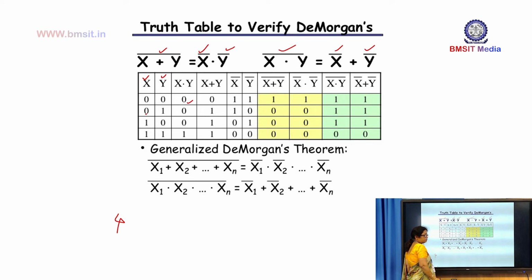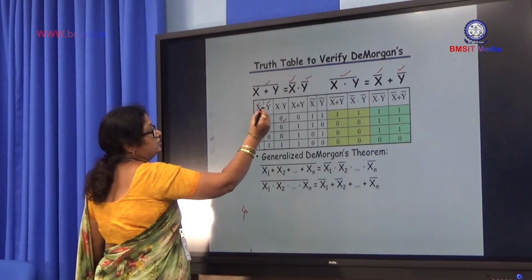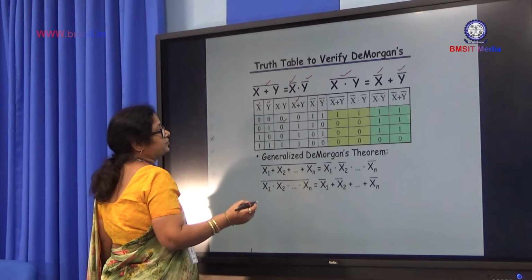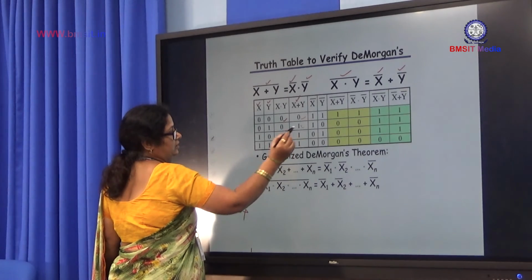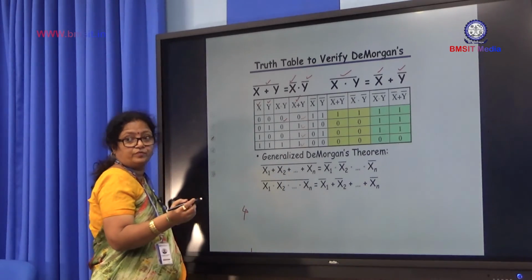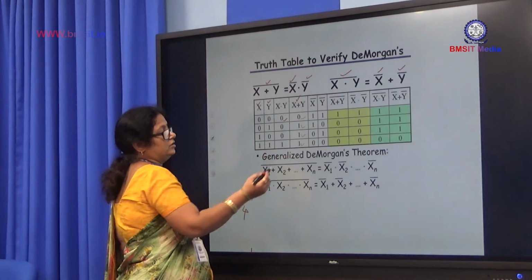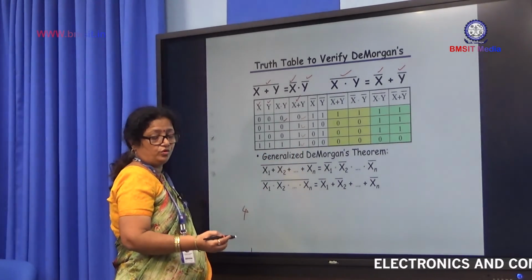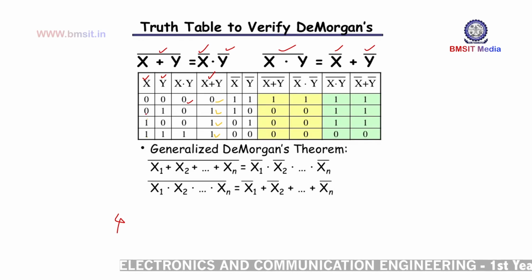Next is x plus y, which we have to calculate using the rules of Boolean addition, or OR addition. Concentrate on these two columns and this particular one. 0 plus 0 is 0, 0 plus 1 is 1, 1 plus 0 is 1, 1 plus 1 is 1. So we have 4 combinations, and this column is done. Next column is x bar, so you are taking the complement of the x variable here. When x is 0, x bar will be equal to 1.